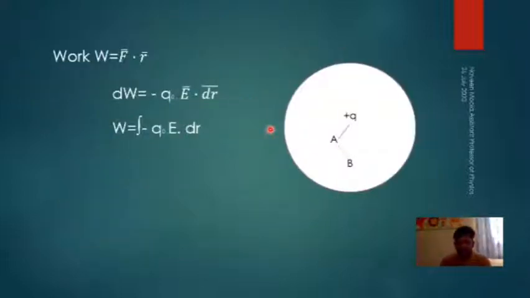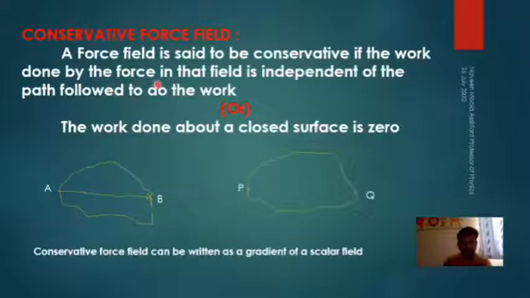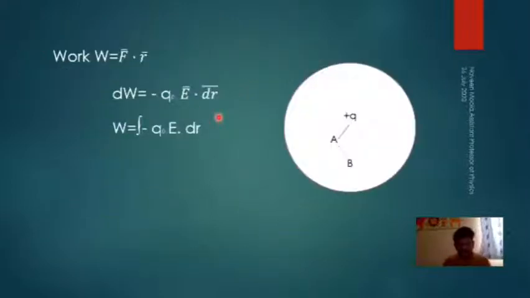For that, we need to remember one thing: we need to calculate the work done in an electric field. So let me explain how to calculate the work done in an electric field first. Then we will use this in the calculation of work done for a uniform electric field and a non-uniform electrostatic field. Here it is mentioned that the electrostatic field is conservative. As we are in electrostatics, we are talking about only the electrostatic field.